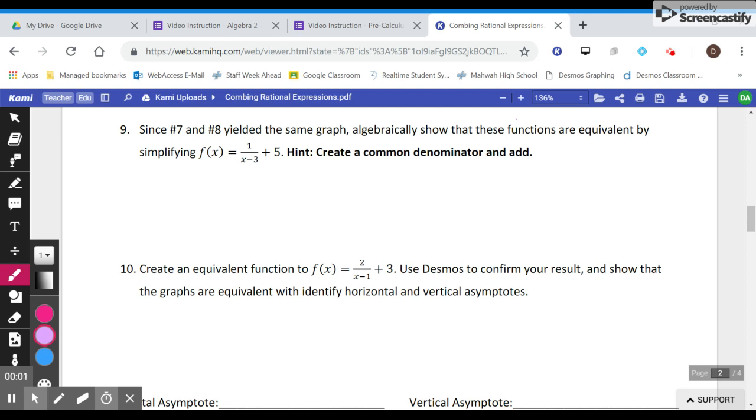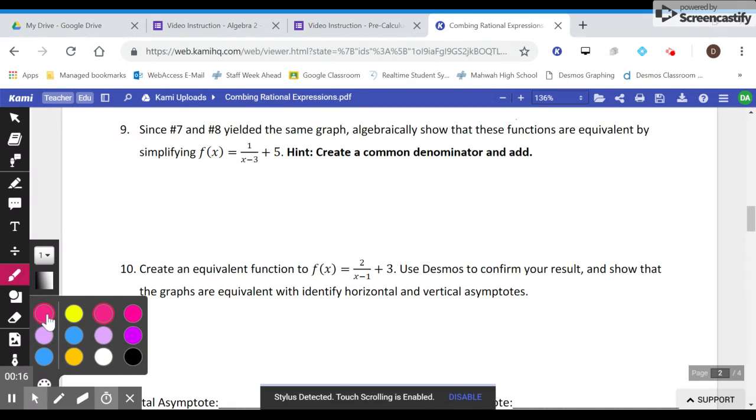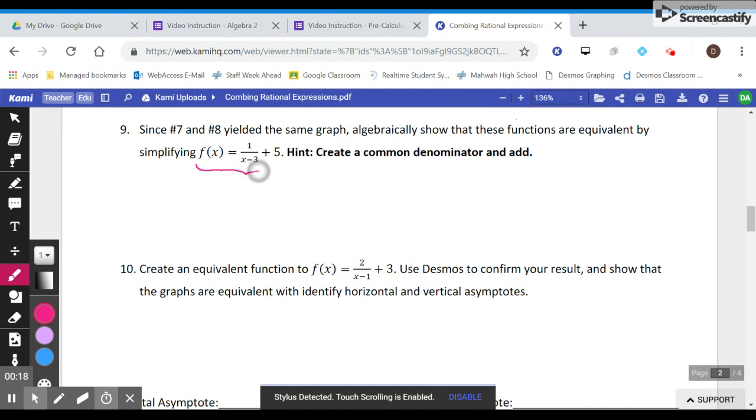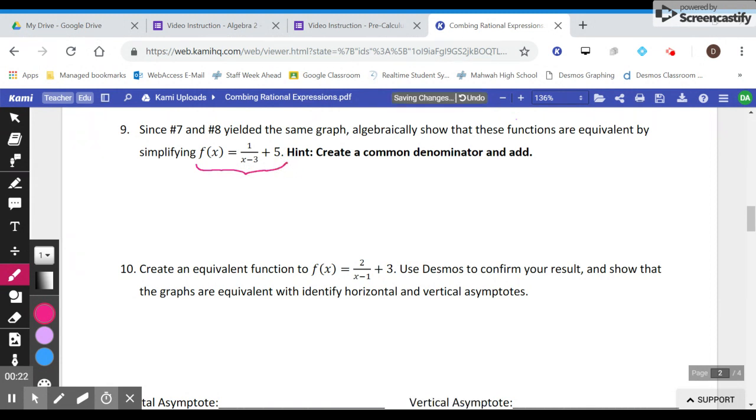Hi guys, this video is on combining rational expressions, like a couple of the examples that you saw in the Desmos exploration. So I'm going to take you through a few of these problems step by step. And basically, when you have a function that's a rational expression, you can look at the function and decide what the transformation is, and therefore what the vertical and horizontal asymptote is. Now, how do you take that expression and combine it into one fraction,